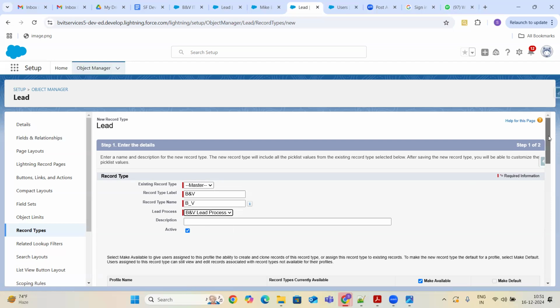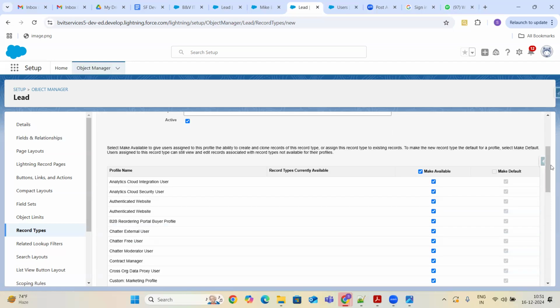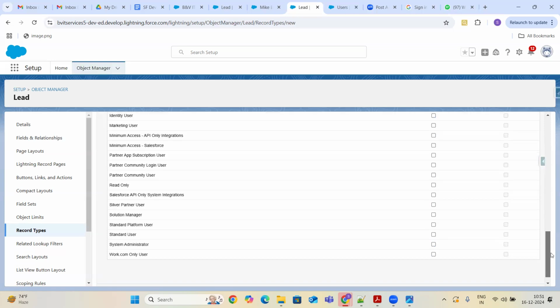The other option asks what different profiles you would like to give access to this record type. I would like to give access only to the system administrator profile.